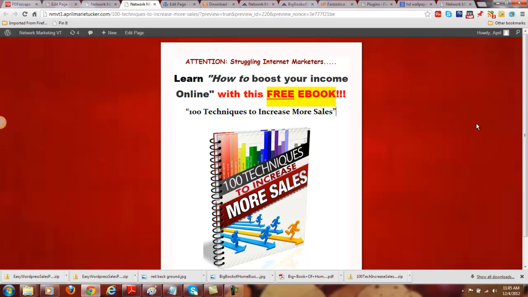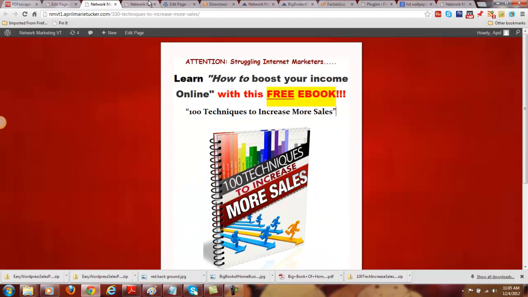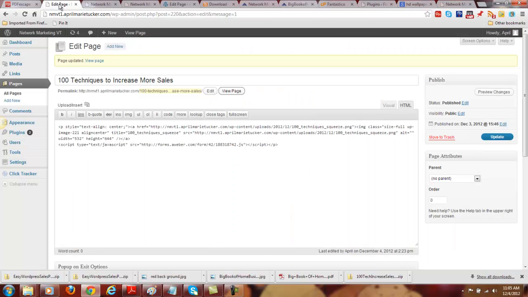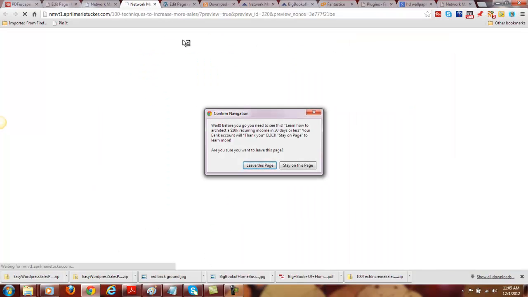You want to be able to install a background, so it's not just a plain white background. Alright, and see I got a background here. You can change it on every page that you create once you have this in there. That's pretty cool. But you also want to install the exit pop-up, which is really cool, and it will actually